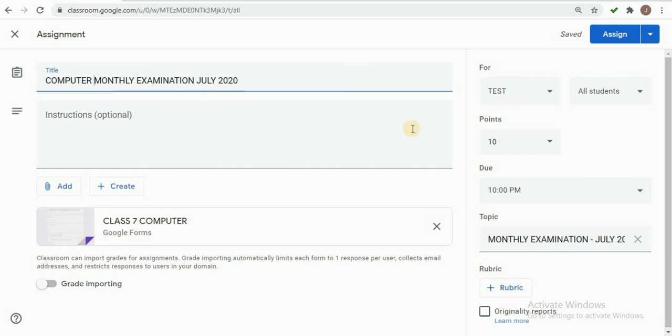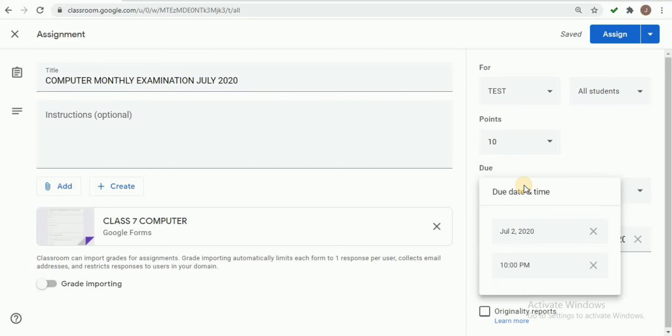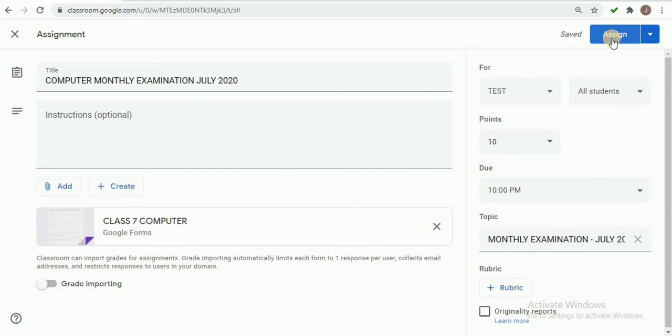Then I have added my Google Form here, and I have selected the day and date. If July 2nd is my exam day, I am selecting July 2nd, and in time I am adding 10 o'clock, and then assigning.